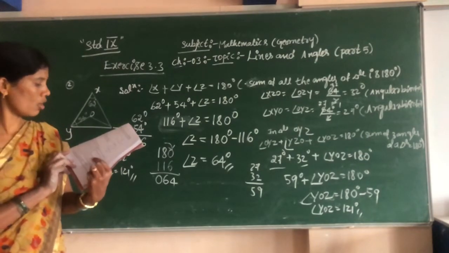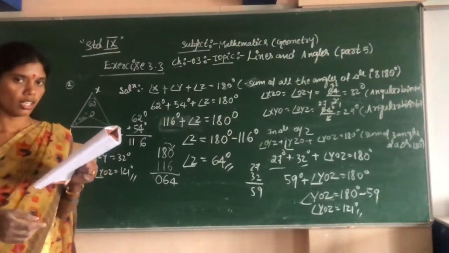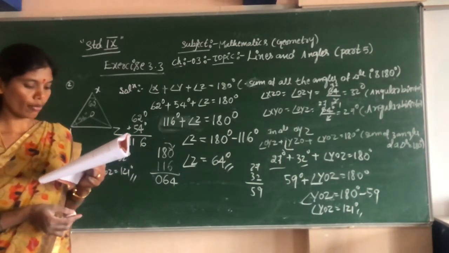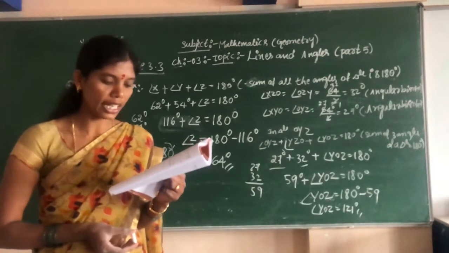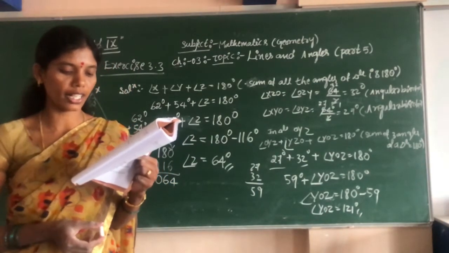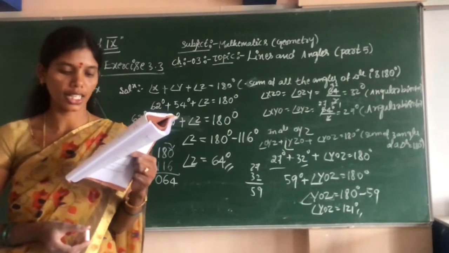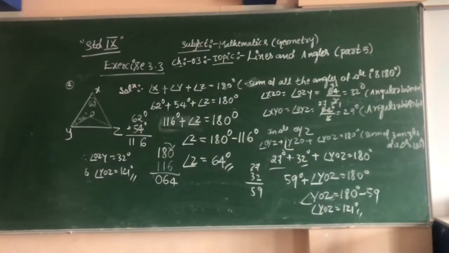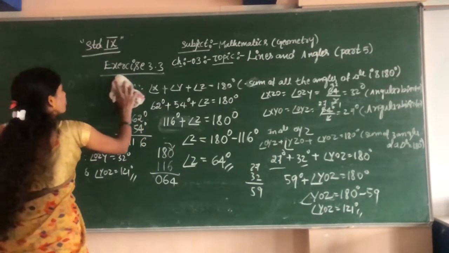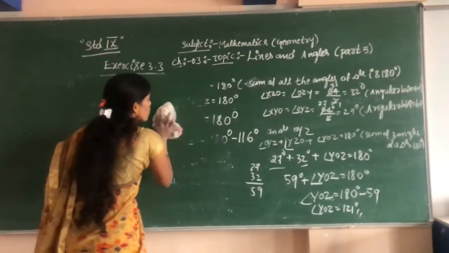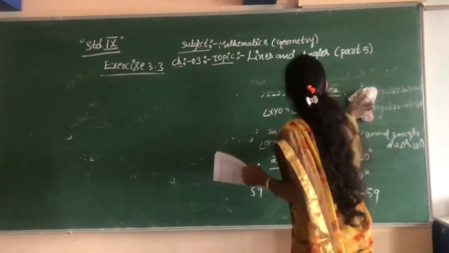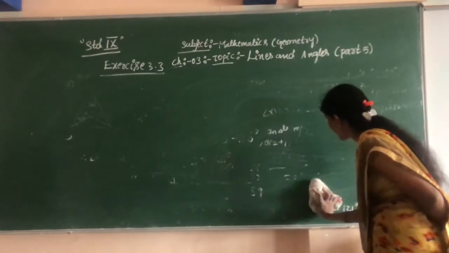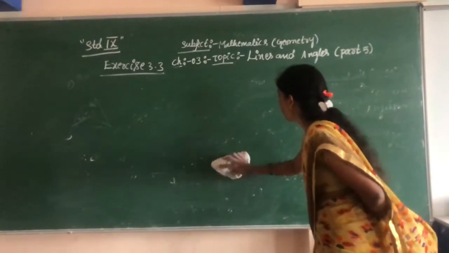Now next we shall go to the next question. How many questions are there? Total 6. Now next, in figure 3.41, if AB is parallel to DE, angle BAC is equal to 35 degrees and angle CAD is equal to 53 degrees. Find angle DCE. Okay children, find DCE. Have you understood this? If you know addition, subtraction and the cancellation method, the problem is very easy. If you don't know, the problem is very difficult.